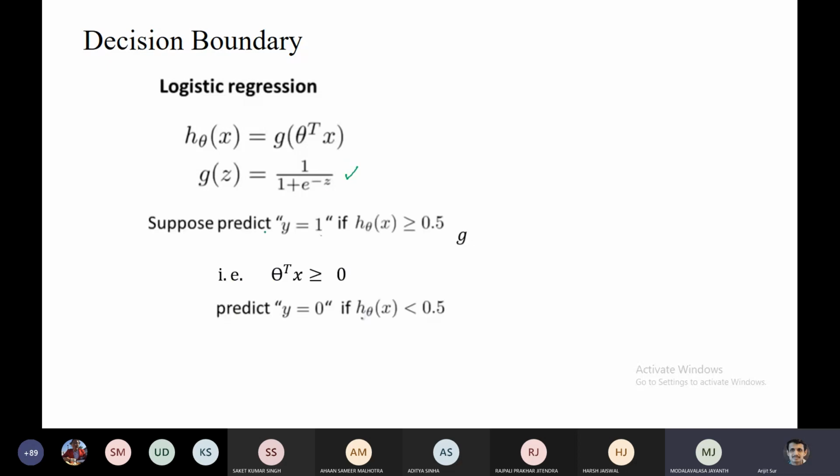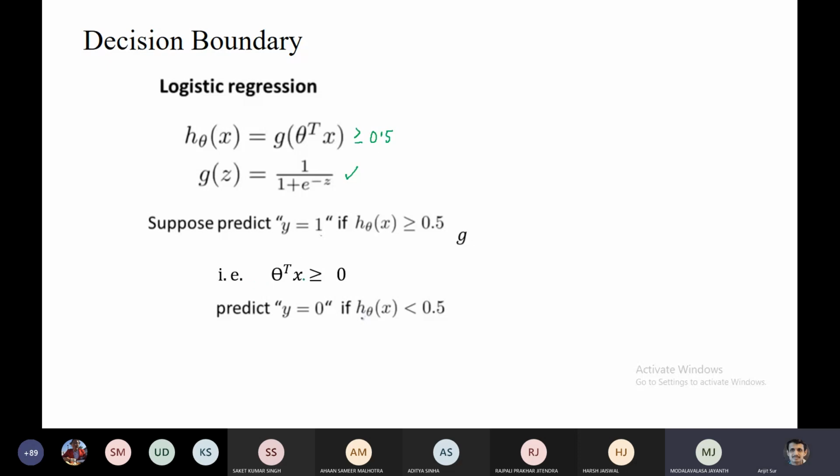Now suppose we have to predict y is equal to 1. If h theta x is greater than or equal to 0.5, we can say y is equal to 1. Okay, we have to predict this. So if this is greater than or equal to 0.5, so y is equal to 1. What does this mean? This theta transpose x